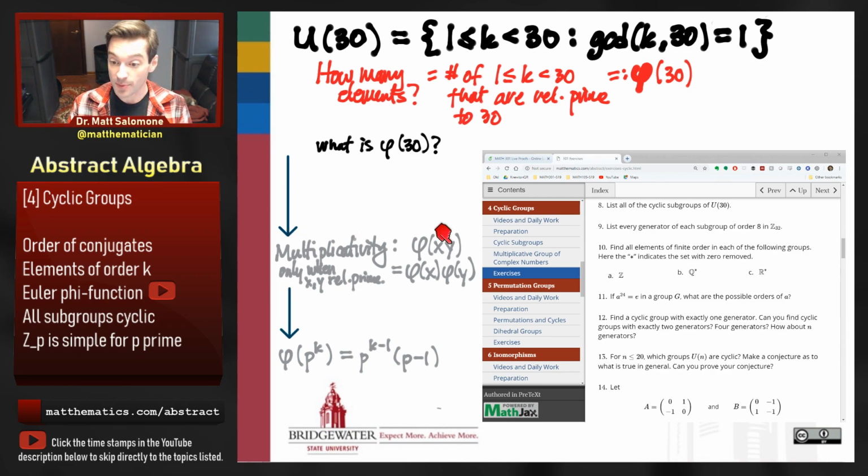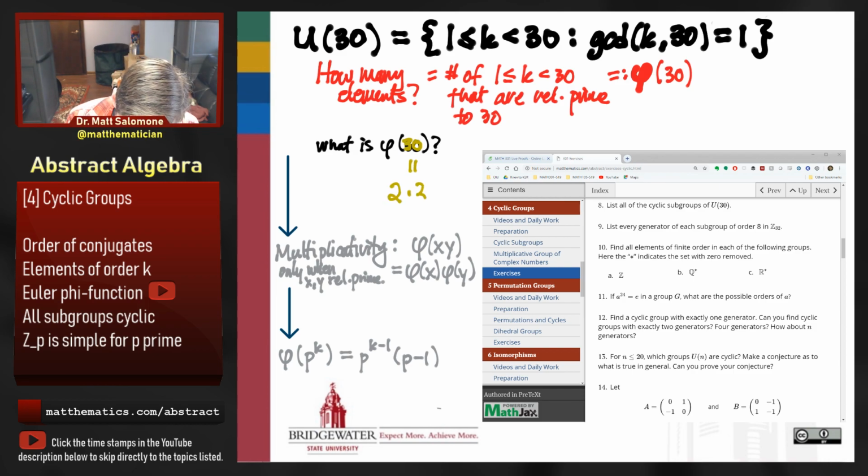So before I can use the multiplicativity property, I need to understand how the number 30 in this case can be factored into a product of relatively prime numbers. For a number like 30, that doesn't take too much thinking. For larger numbers, that might take a little bit more thinking. And in those cases, we would probably have to go through the whole process of finding the prime factorization of that number. Let's just do it as a prime factorization problem right off the bat here. So the number 30 has as a prime factorization, well, 30 is 6 times 5, which is 2 times 3 times 5, right? So that would then be the prime factorization for 30.